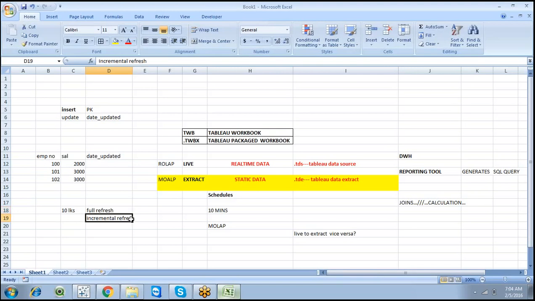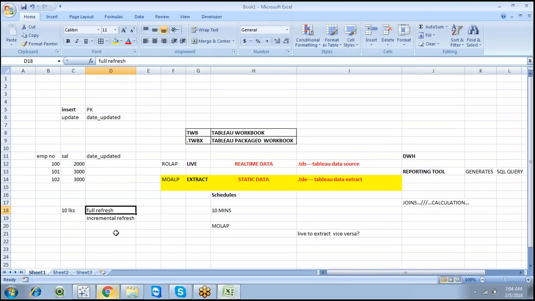That is a powerful feature of incremental refresh. This is the important point: full refresh and incremental refresh. In a real-time perspective, we can go with incremental refresh. This is a better option daily.